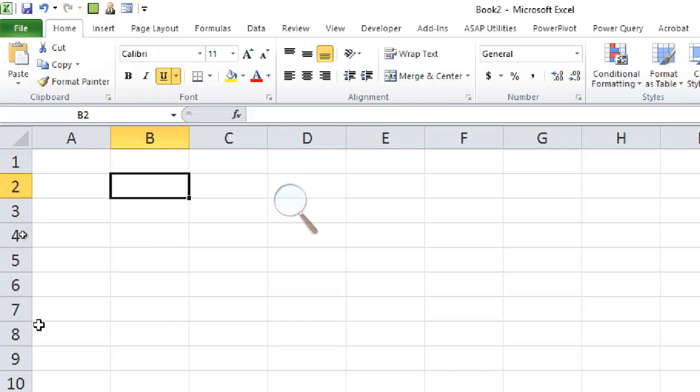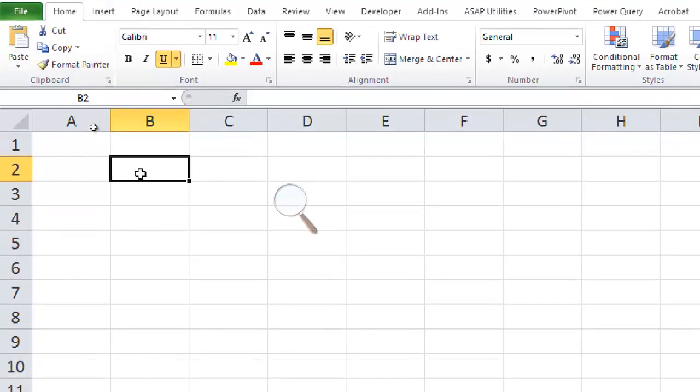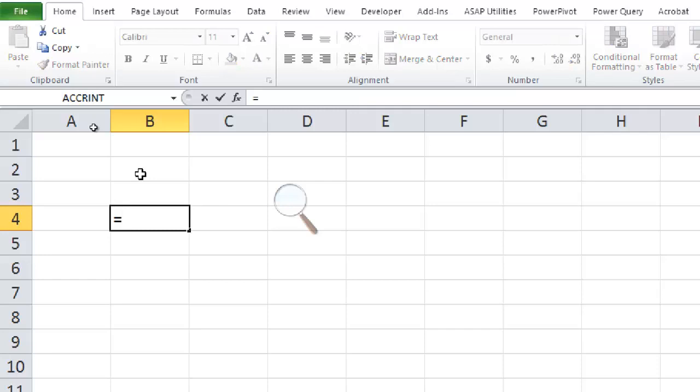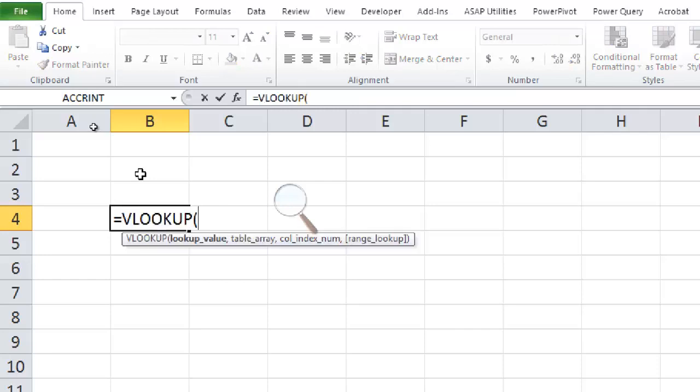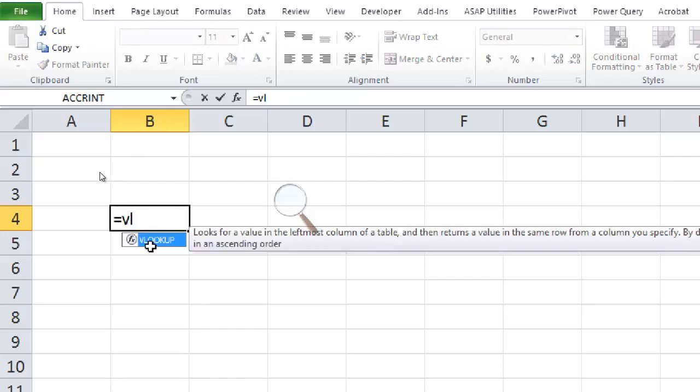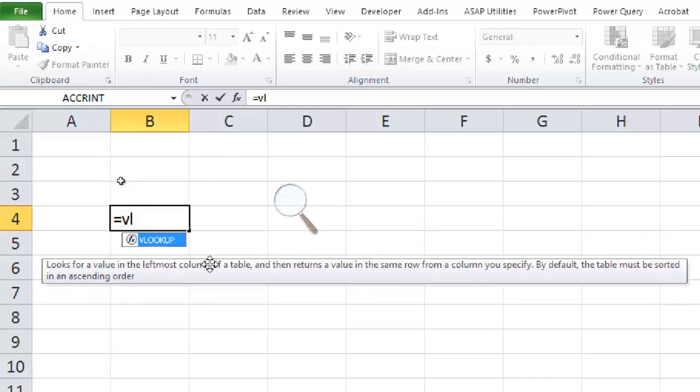And remember, if ICAP asks you to tell the definition of any function, then you just have to write the function. That is, if I write VLOOKUP, without opening a round bracket, like let's say equals VLOOKUP, as soon as I write VL, it shows me a definition here. You can see that.